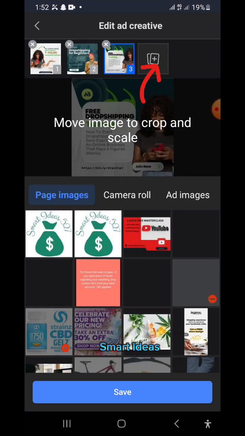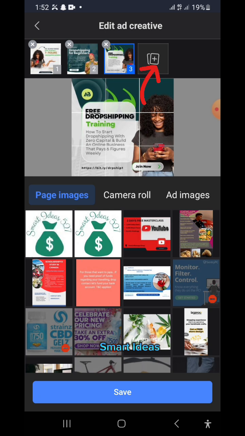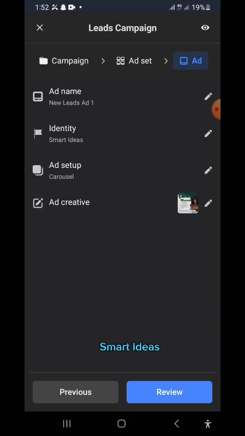I can also decide to add to it. So if I want to add to it, you see this plus sign. After the 1, 2, 3, there's a plus sign. If I click on the plus sign, I can add to this column to make it more than 3, but that's not important. So since we are done with the flyers we are going to use for this,